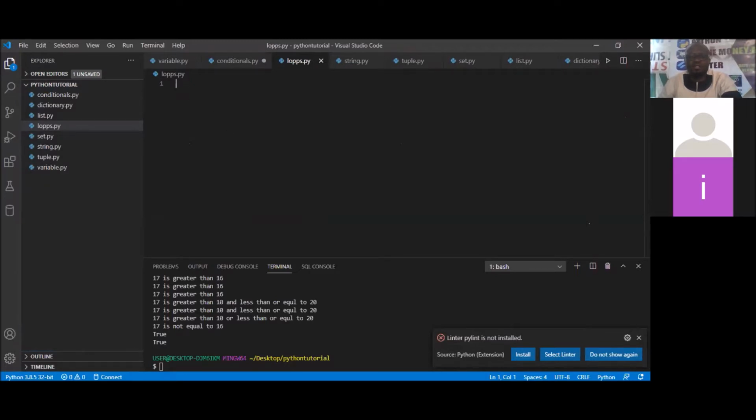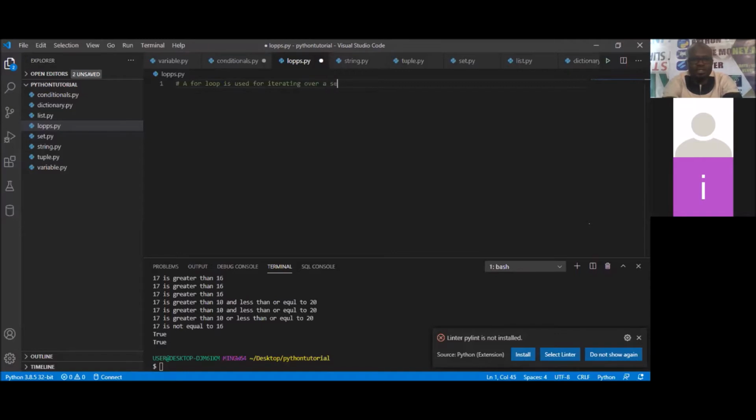So I'm going to start the normal way that we normally start, by writing out in a comment the definition of what we can use a for loop to do. And there are many types of loops. We have a for loop and we have a while loop. So you can actually use any of these two types, and we're going to be looking at these two types. So you can say that a for loop is used for iterating. You can use it to iterate over